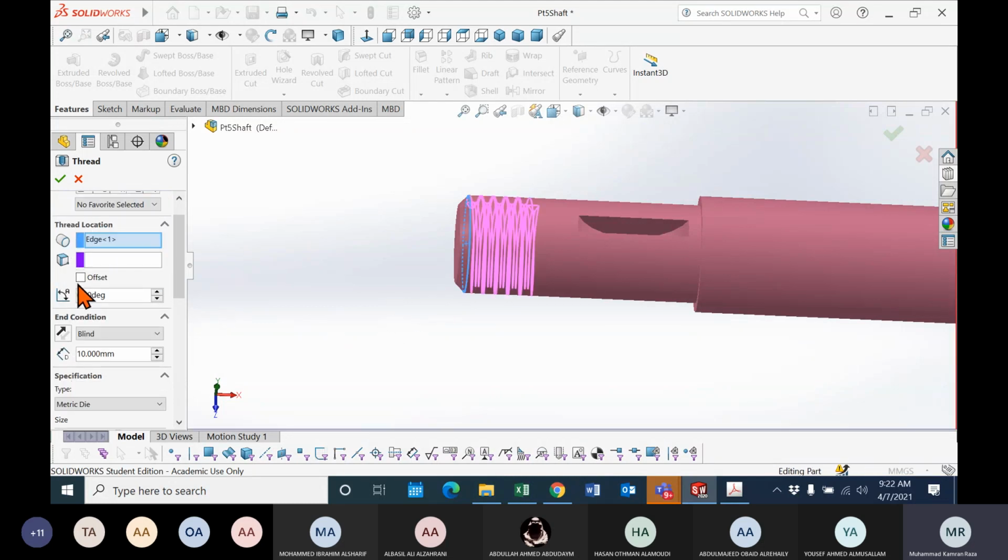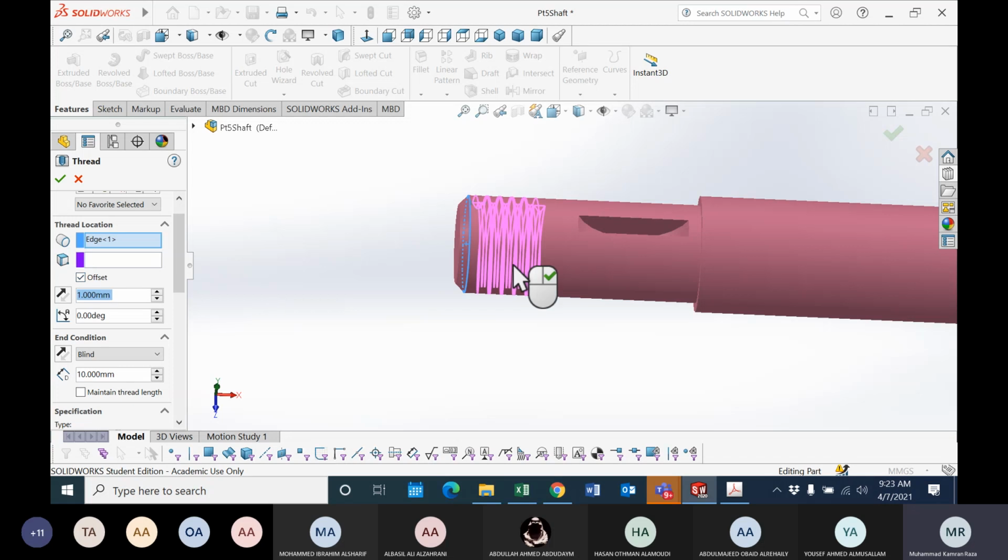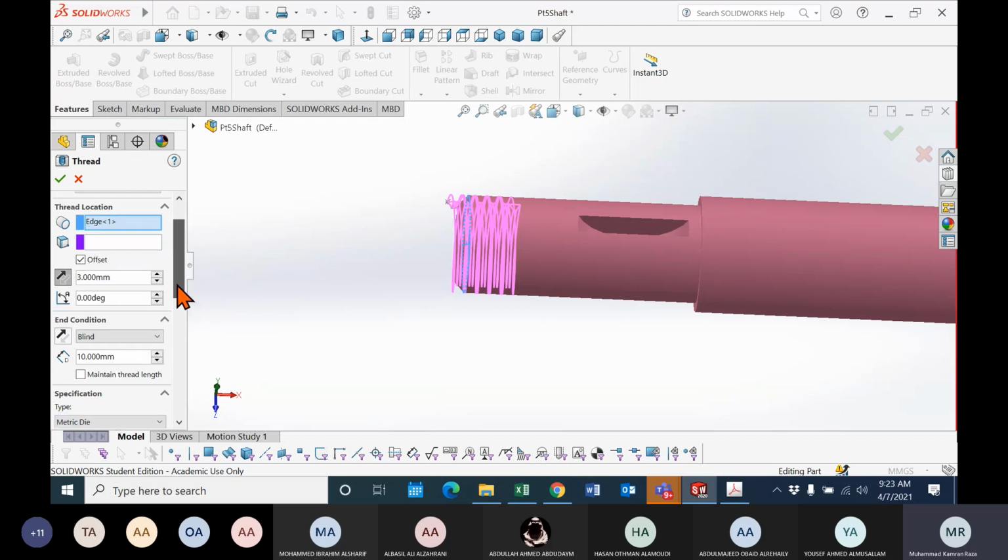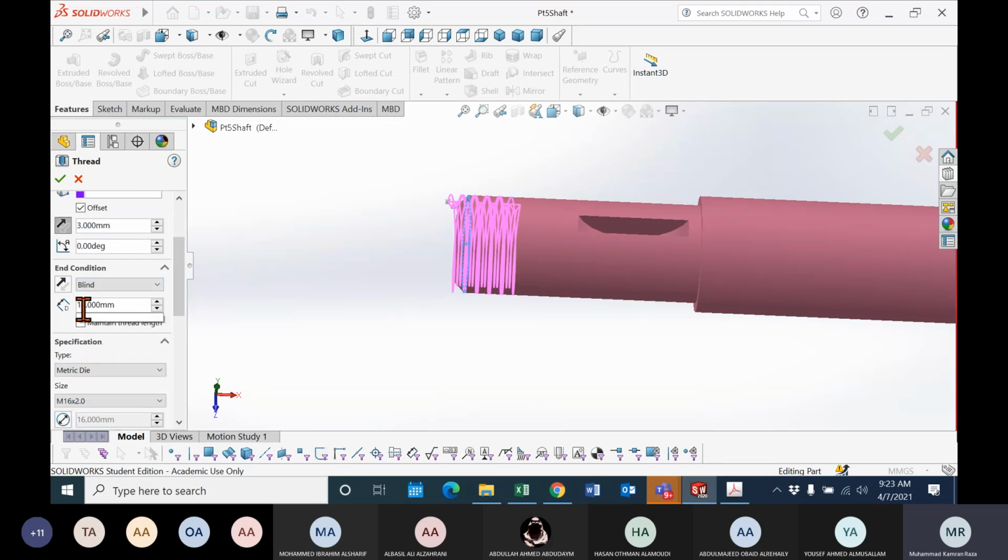Then we need something called offset, whether we start exactly from the edge or a little bit away from the edge. So this is called the offset. Normally we start a little bit away from the edge to cover the basics. Normally 2 millimeter or 3 millimeter is sufficient. You can give 3 millimeter. But see, the direction is going this way. We want to start from the edge, so change this offset to this side. Okay, next: how much do we want? We want 16 millimeter.